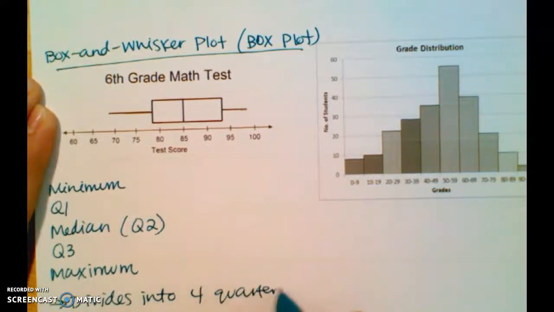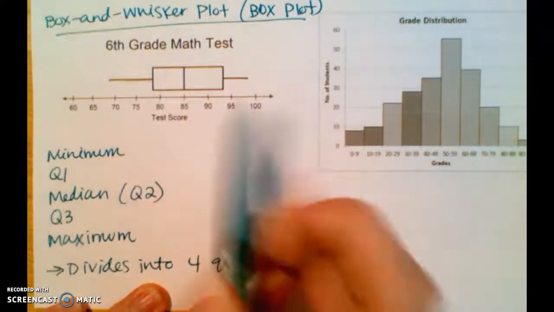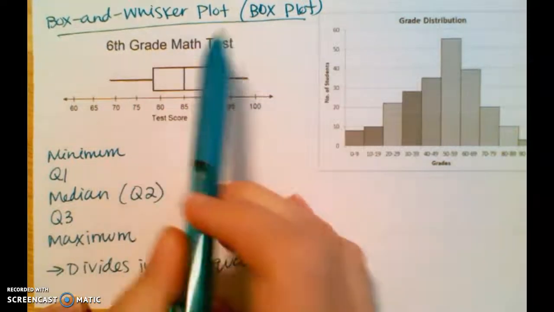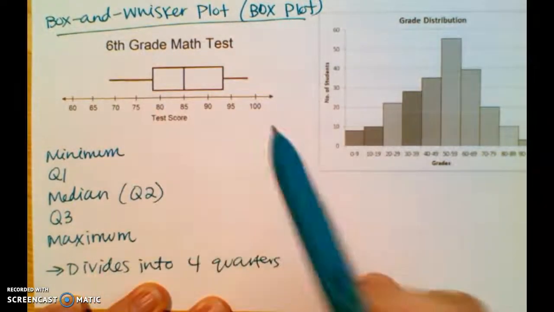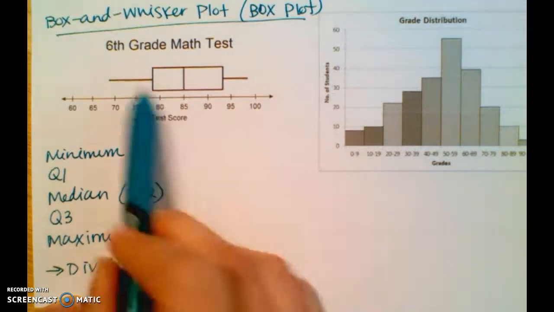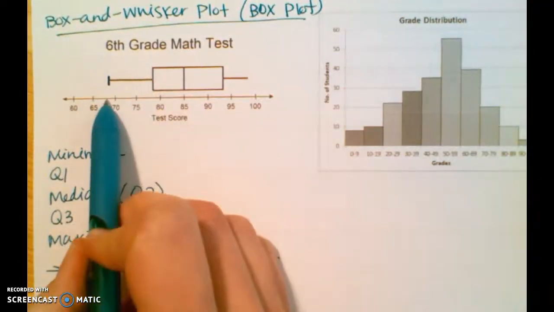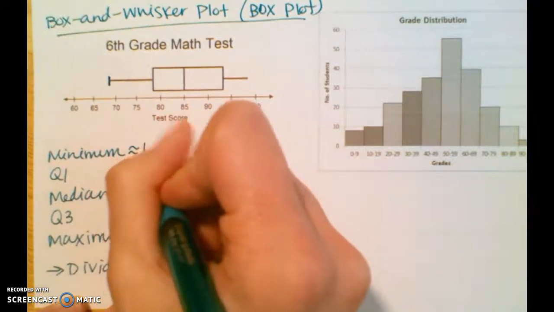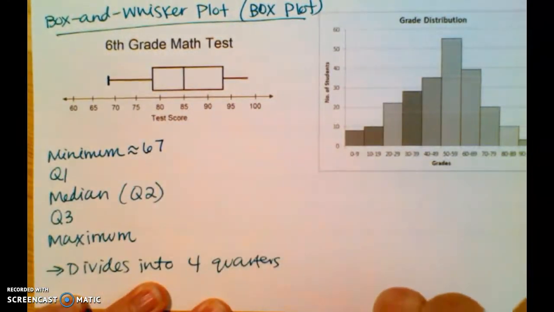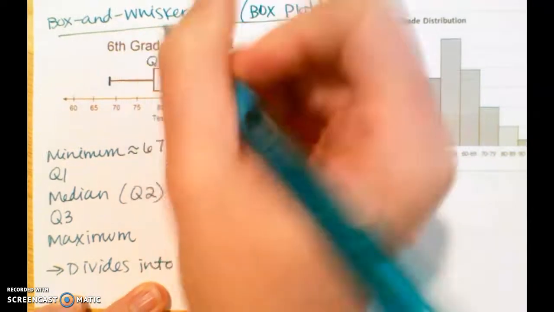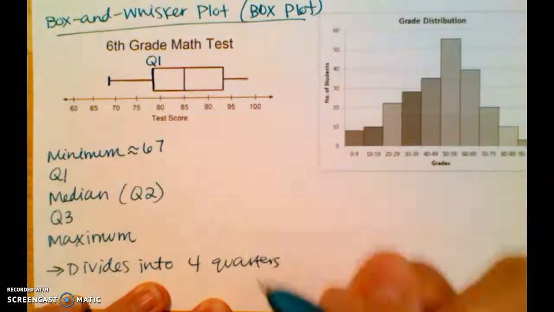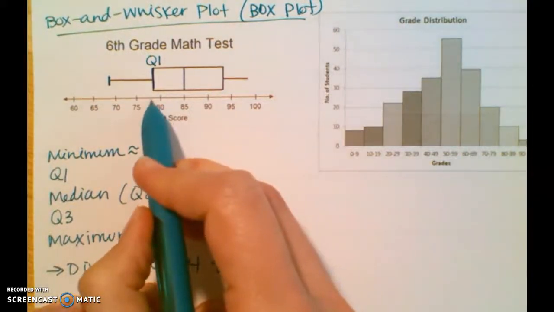And I'll explain what all of this means. So here's our box and whisker plot. This shows us 6th grade math tests from one specific class at one specific school. What this tells us is, over on this side, it tells us the minimum. And we're going to say that minimum value is approximately 67. Then quartile 1 is this first line here. And quartile 1 is going to be about